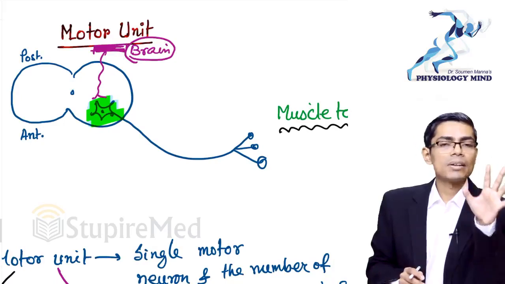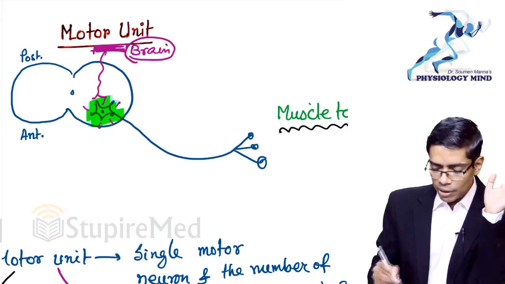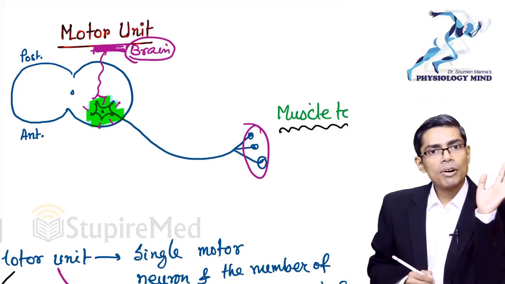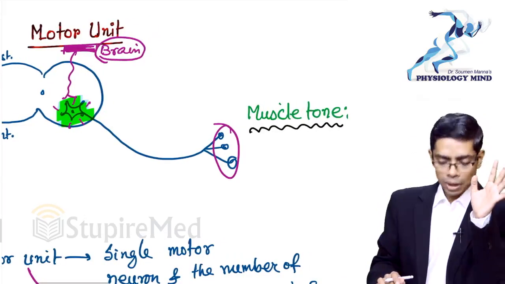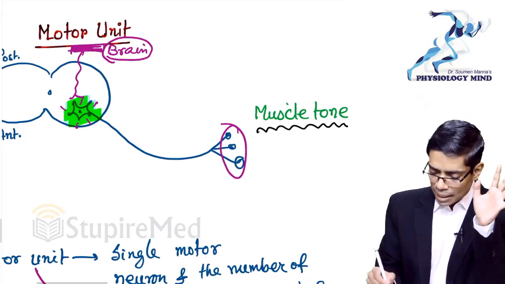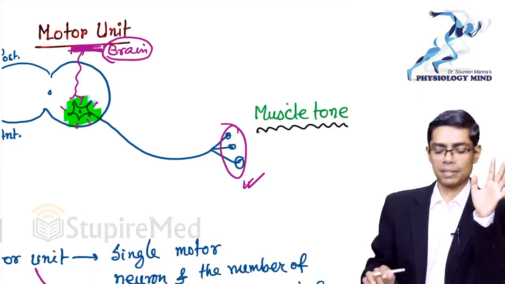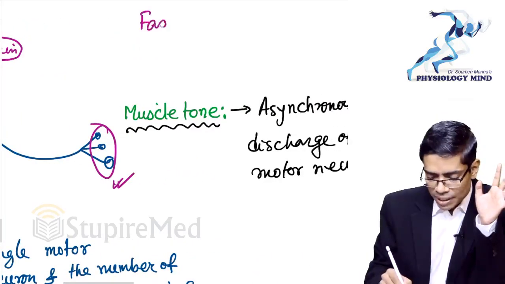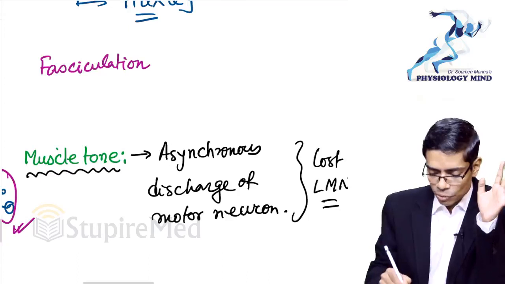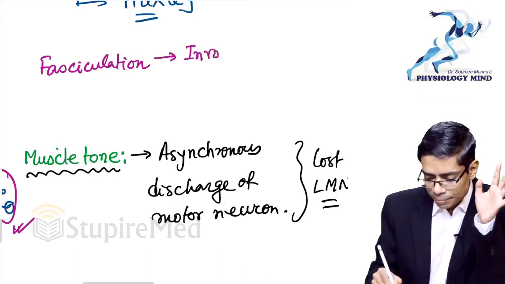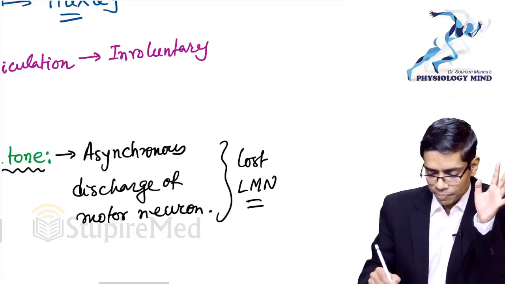That means when the death onset has started. So whenever this is discharging spontaneously, what will happen? The motor unit will also contract spontaneously and involuntarily. This involuntary contraction of a single motor unit is known as fasciculations. Okay, so I'm writing this word: fasciculation. So fasciculation is what? This is involuntary and pathological contraction of